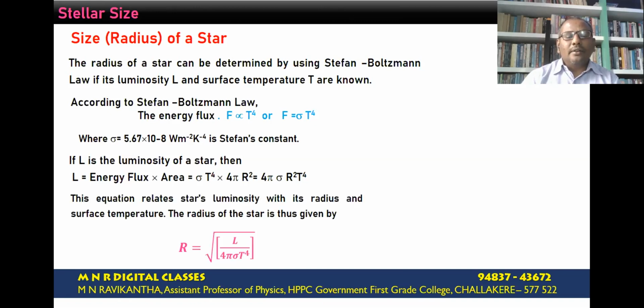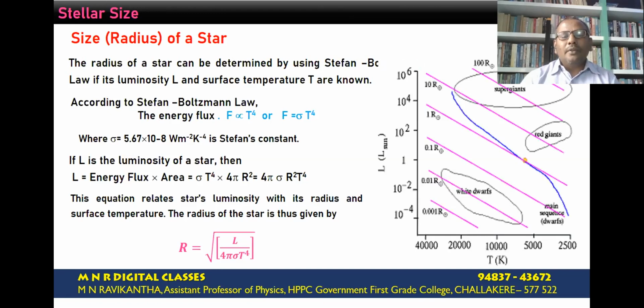The equation for the size of the star, the radius of the star, is given by R is equal to square root of L divided by 4 pi sigma T power 4. So by knowing the luminosity and surface temperature of the star, we can estimate its size, that is the radius. Now observe here we have a plot of surface temperature as a function of the luminosity of the star in terms of luminosity of the sun. So as a fraction of luminosity of the sun, we get various values. We observe that